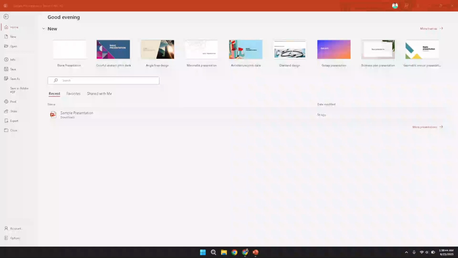Welcome to this detailed tutorial on adding a location symbol to your PowerPoint presentation. To begin, start by launching PowerPoint on your computer. It is important to ensure that PowerPoint is fully loaded before you begin editing your presentation. Taking a moment to wait until the software has opened all its components will help you avoid any potential confusion